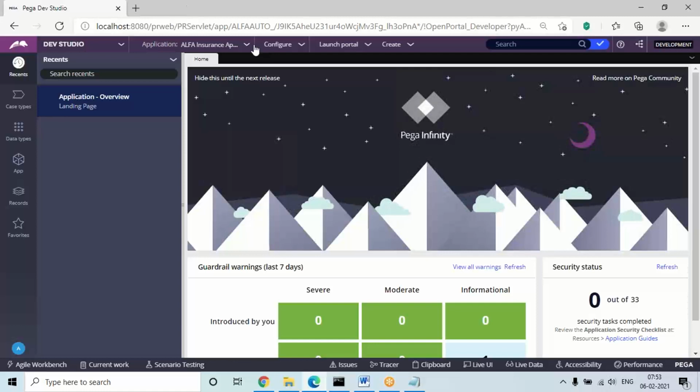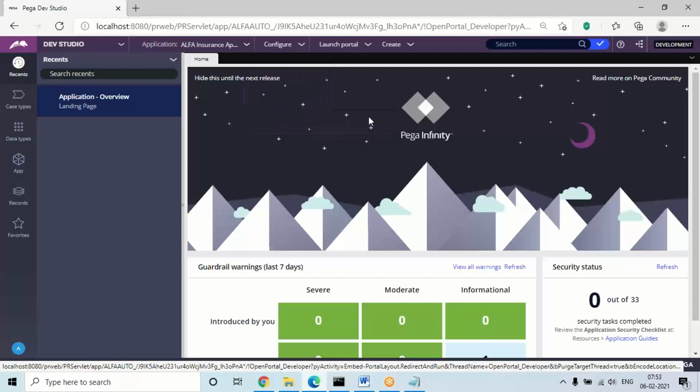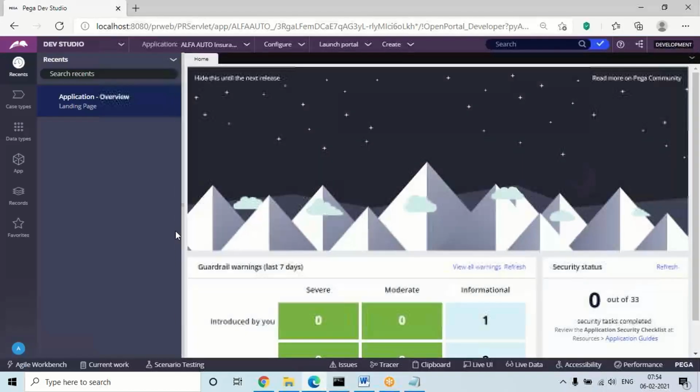Again if I want to switch to my implementation, click on Switch and select your implementation name. So like that, up to here in real time, the design structure will be ready for you. Up to here you will not do anything in real time. Just understanding is required.